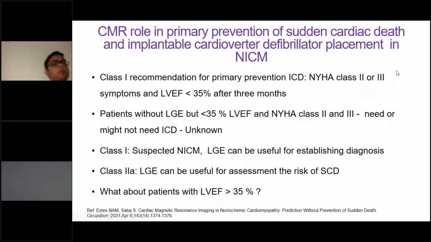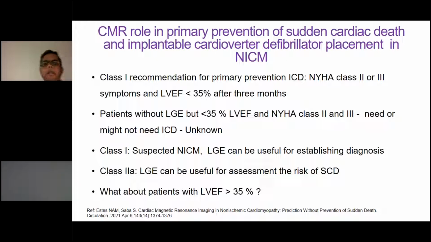So let's see what is the role of cardiac MRI in primary prevention of sudden cardiac death and implantable cardioverter defibrillator placement in non-ischemic cardiomyopathy. So the current class 1 recommendation for primary prevention ICD placement is that it can only be placed if the patient has NYHA class 2 and class 3 symptoms and an LV ejection fraction of less than 35% after 3 months